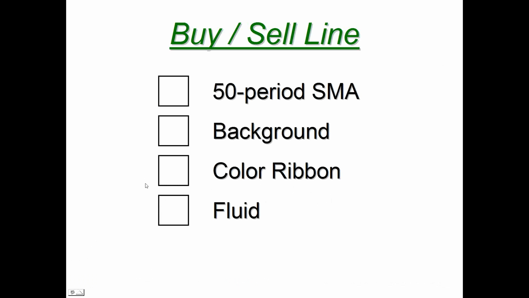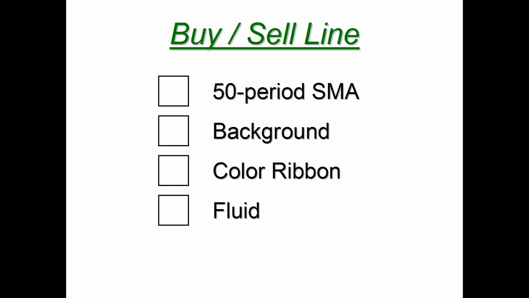it's based on a pattern that I can't divulge right now, but it's based off a specific pattern that you look for, and we teach you what to look for and mentor you so that ultimately you'll be able to spot it in an instant. But the indicator that we do need is the buy sell line. And what is the buy sell line? It's the 50-period moving average. That's all it is.